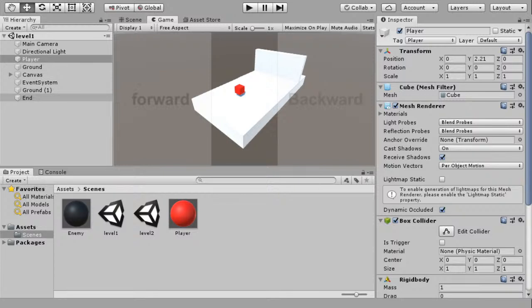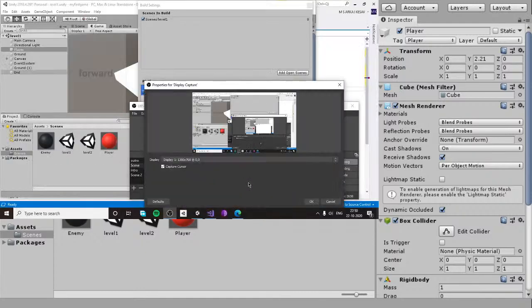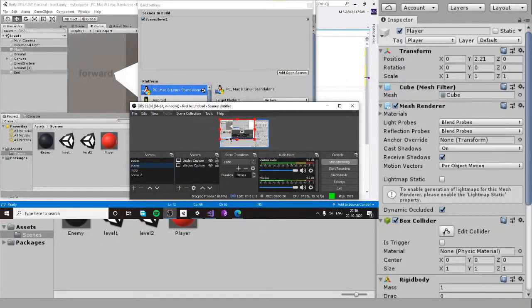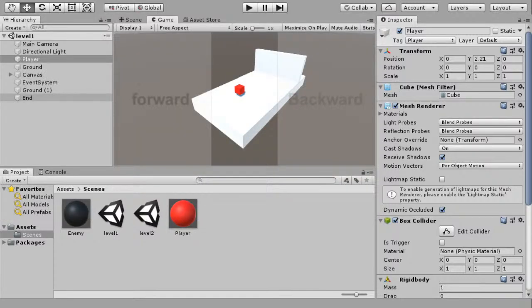Uh, I think you guys can't see the thing. So 1 minute. Let's show the build settings. Let's go to